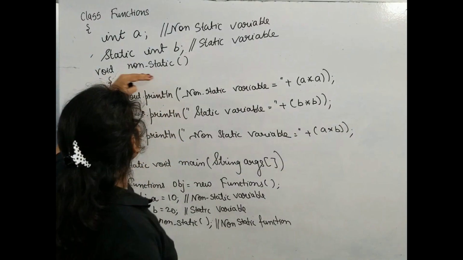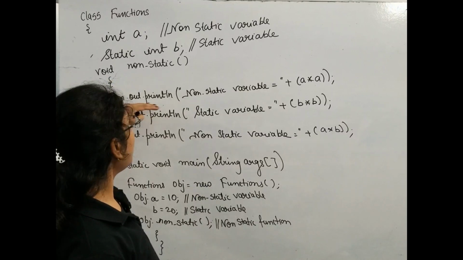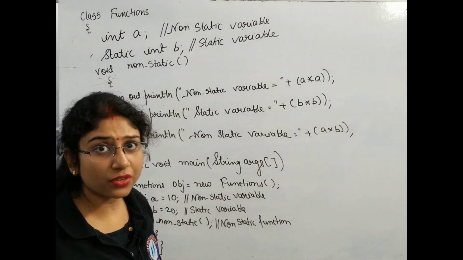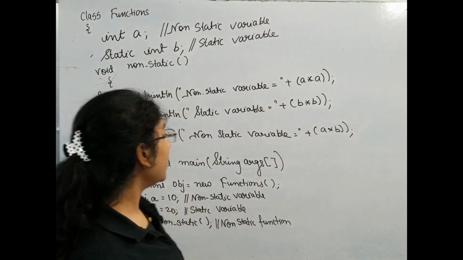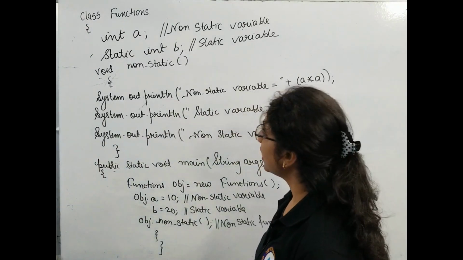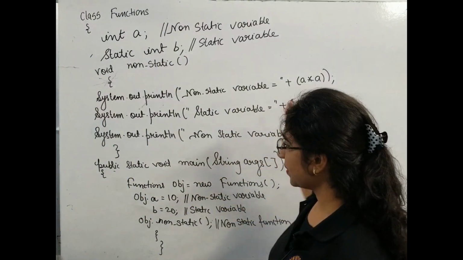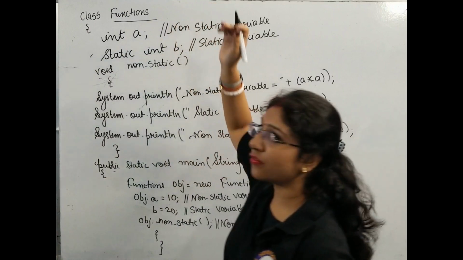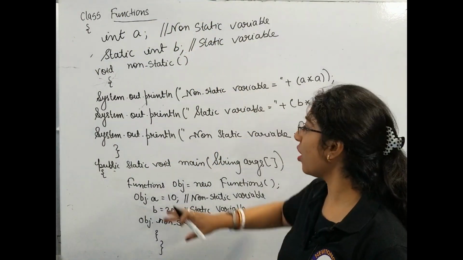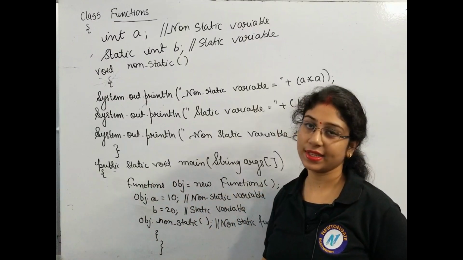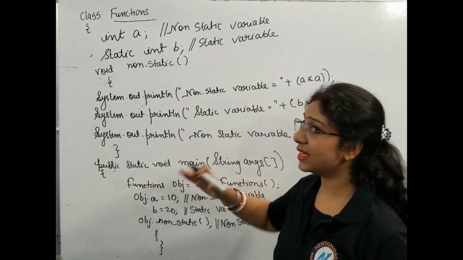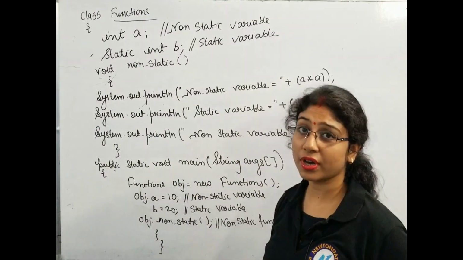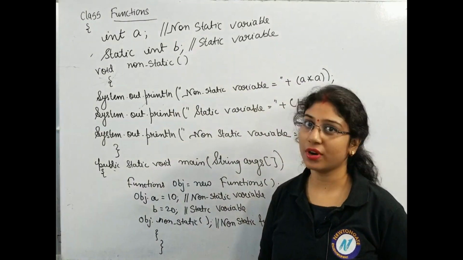Inside this I have written System.out.println. The entire definition is given, but as we know, the execution of a program starts from the main function. So firstly let's discuss the main function. Here is public static void main(String args). Functions obj: this time the class name is changed to Functions and we need to access a member of the Functions class, so we create an object for that class. Functions is the class name, obj is the name of the object, and new is a keyword or operator used for creating the object and allocating memory for it.